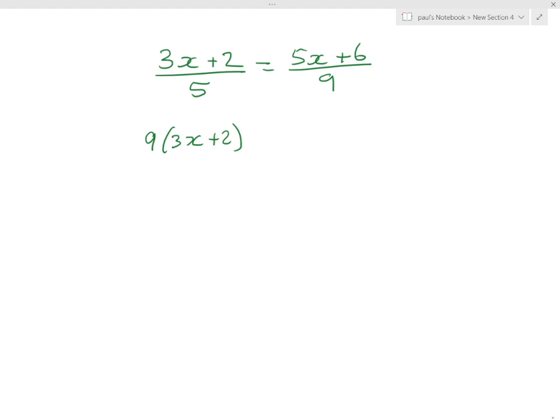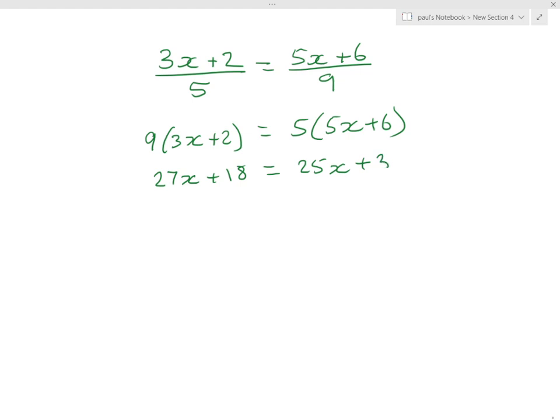And another one, last one, 3x plus 2 divided by 5. These are grade 5 questions. 5x plus 6 divided by 9. Right, so now I'm going to do the multiply by 5 and the multiply by 9 at the same time. So over this side I'm going to have 9 times 3x plus 2, and over that side I'm going to have 5 times 5x plus 6. Expand the brackets, 27x plus 18 equals